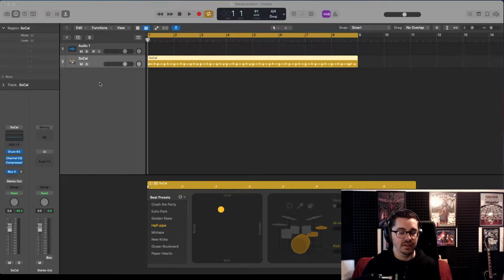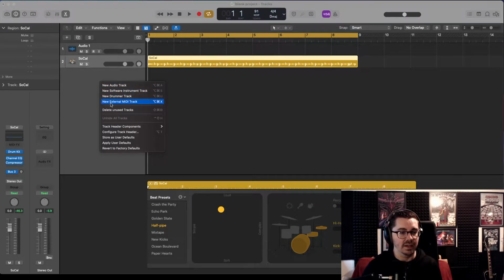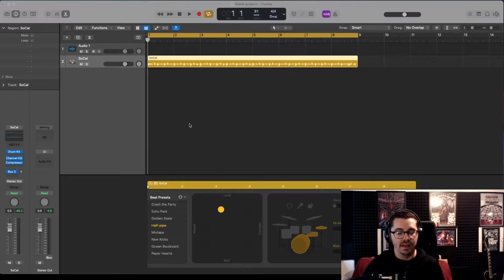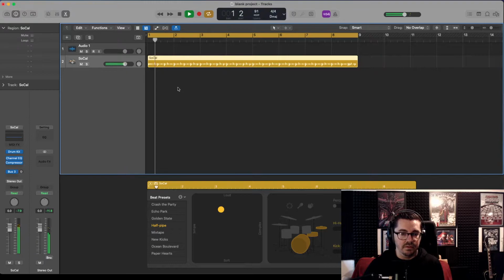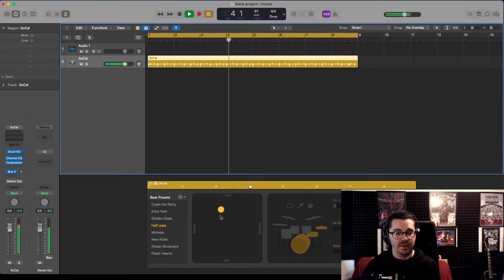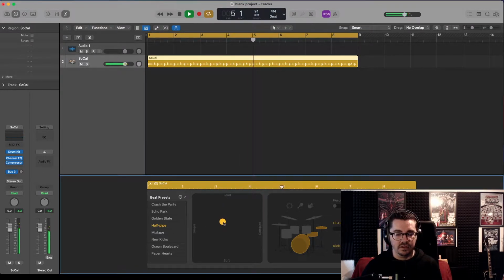So all you have to do is, like I just did there, right click anywhere here, new drummer track, and it will automatically sync with the BPM of your project. So it's 91 at the moment. It's loaded up quite a standard acoustic drum kit, and straight away, it's mostly built around this XY pad, so from soft to loud and simple to complex. You can just drag this and it will update,